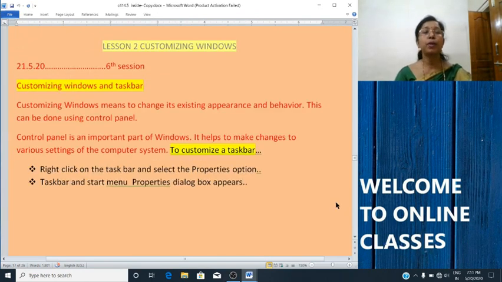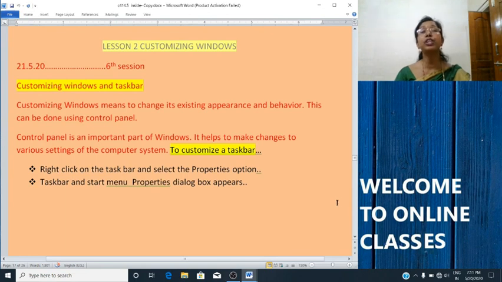Now we will study about customizing windows and taskbar. Customizing windows means to change its existing appearance and behavior. This can be done using the control panel. Control panel is an important part of Windows.